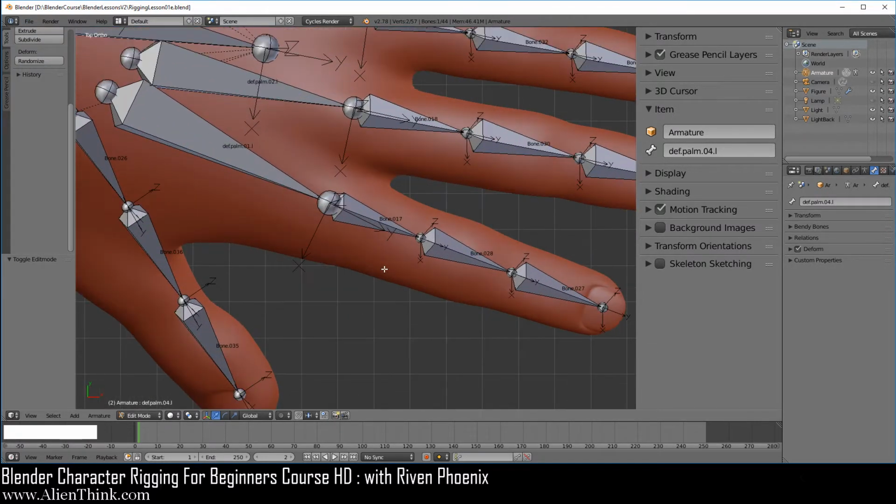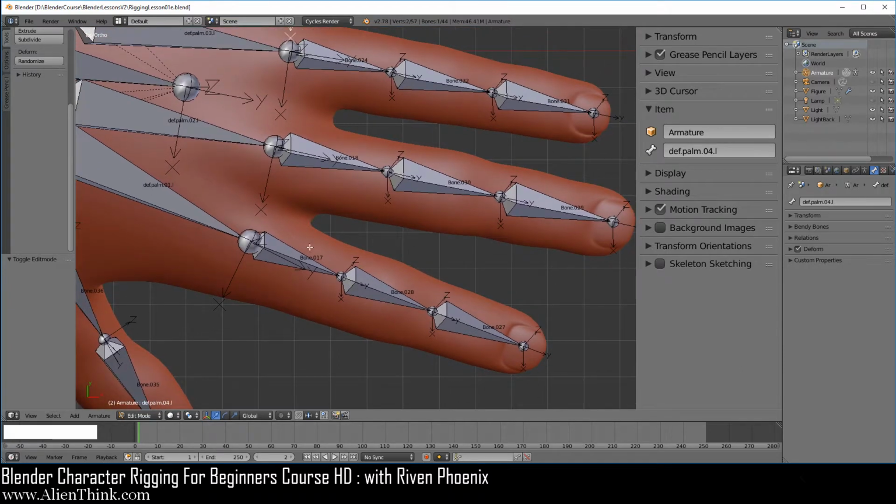Now we need to name these fingers. Click on this, and this is going to be dev.F, we'll just say F for finger, .index.03.L, and then enter.